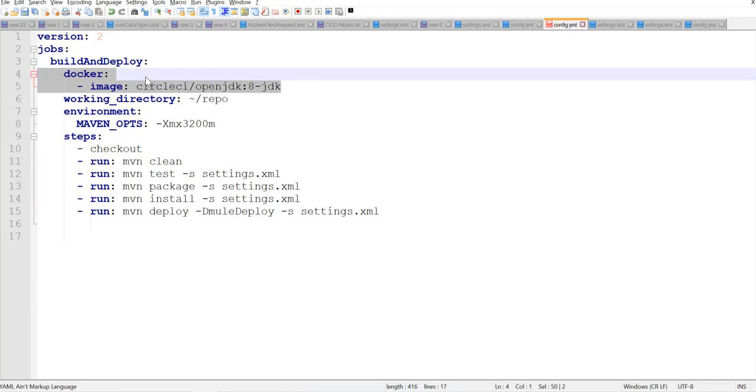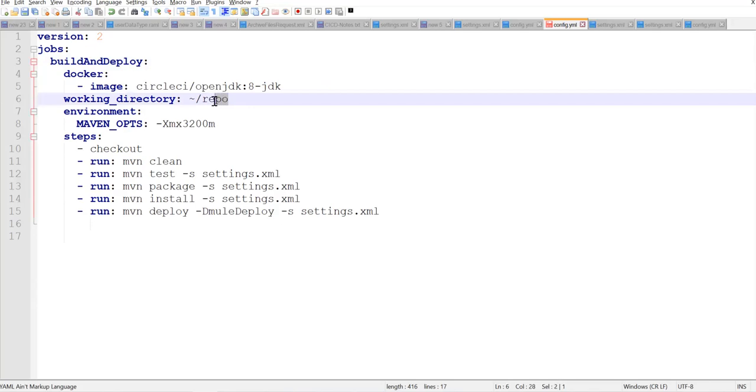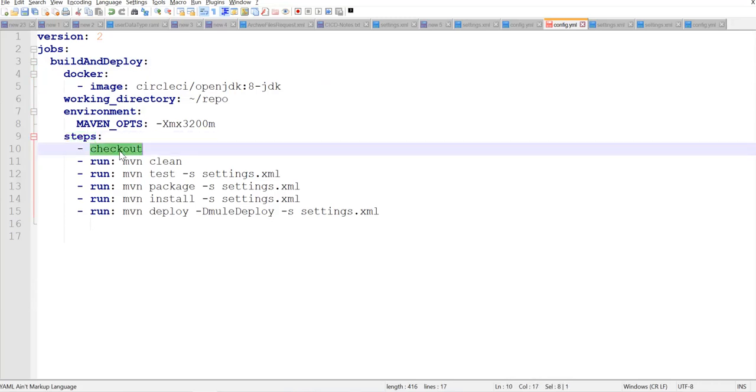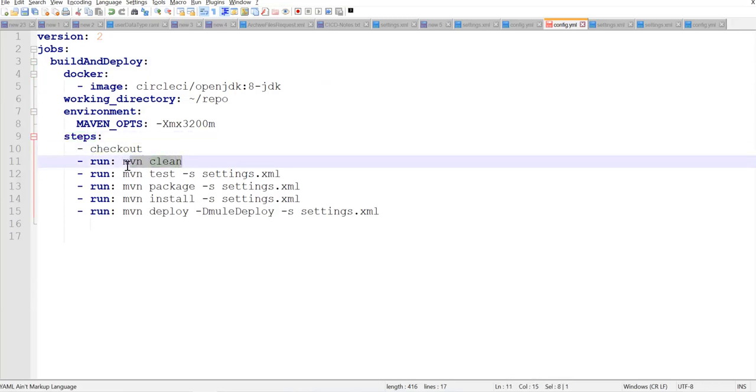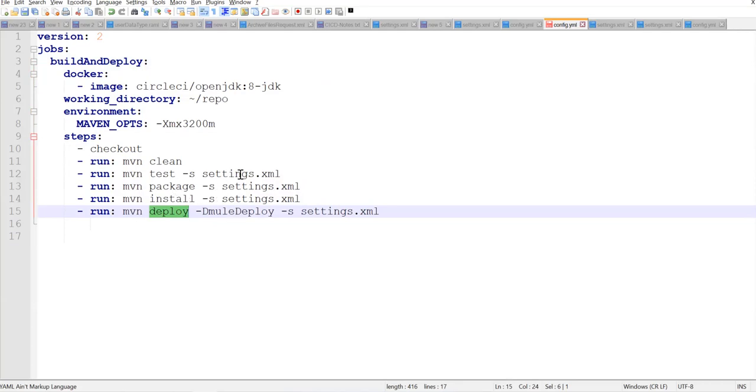I'm saying, you check out the code from the code repository in this directory. Then I am saying perform these steps: check out, then run clean, then test it, package it, install it, and deploy it. For every step, sometimes we need plugins. What plugins are supposed to be used in the test stage, this settings.xml will give that information. Sometimes we need a Nexus repository, and that information is there in the settings.xml. That's the reason we are adding this settings.xml in the code repository itself. I can have all these things in one line, but step by step I'm giving you.